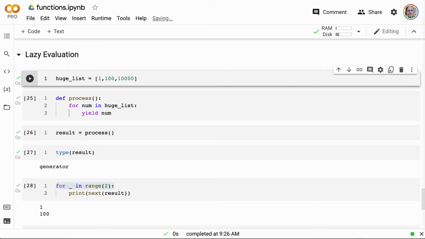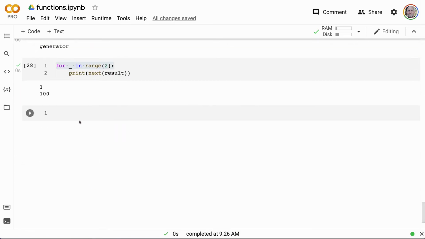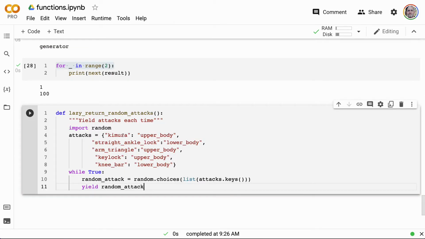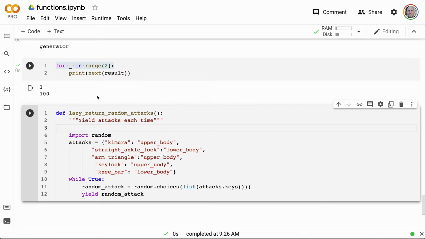So I'm going to show you a slightly more complex and cool thing to play around with. If we build out a little bit more sophisticated tool on top of that, let's walk through what this does. This example says I'm going to yield an attack each time I call this, but I use the random library in Python.